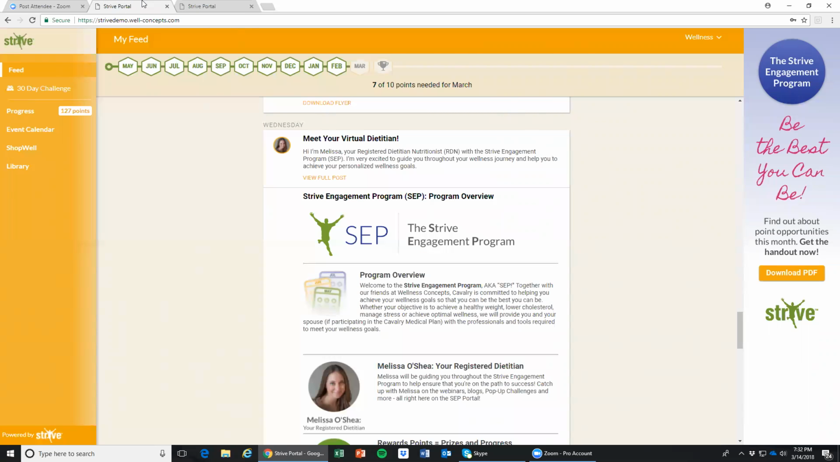Once participants have registered and logged into the portal, they will be directed to the feed. This is where the program takes place. Greeted by an overview, the participant can read all about what to expect throughout the duration of their program, meet their registered dietitian or healthcare professional, and on the right-hand side of the portal is where we post our program